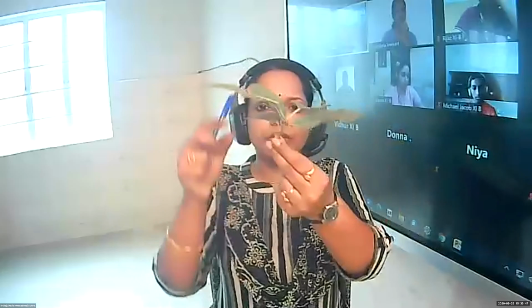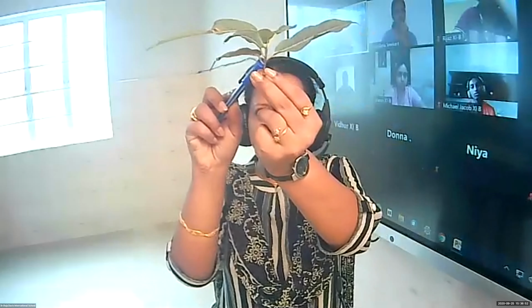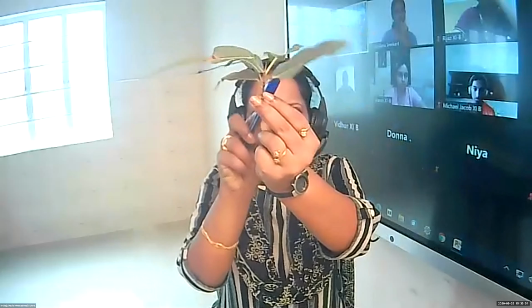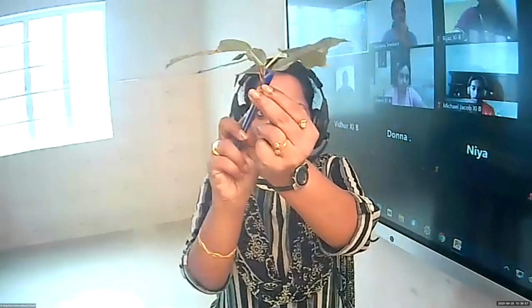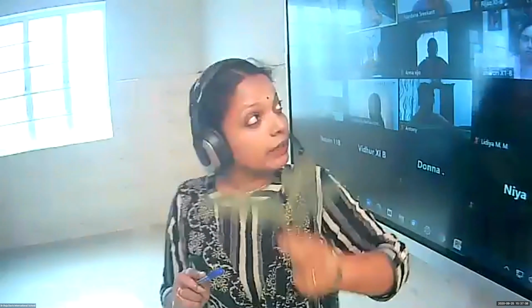At the same time, we have alternate arrangement. In Solanaceae, the leaves show alternate arrangement. Here it is not very clear, but I couldn't get a bigger piece of this. See here, this is alternately arranged. See, from here one, then from the next node, from here again, from the next node. Have you seen? Are you able to make out? Is it focusing? You can see clearly? Yes, ma'am. So it is alternately arranged.